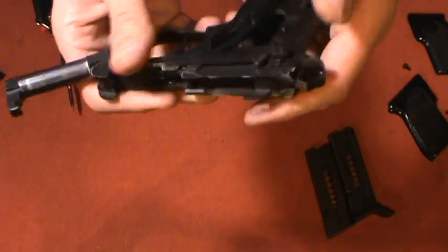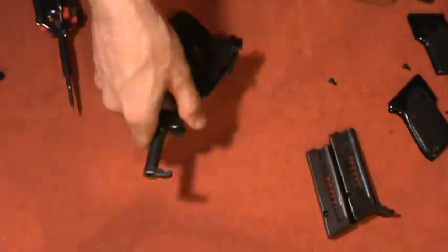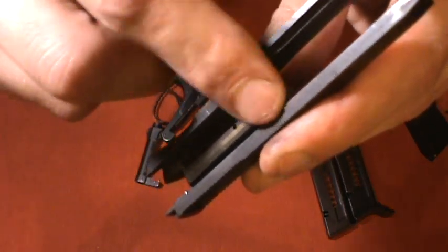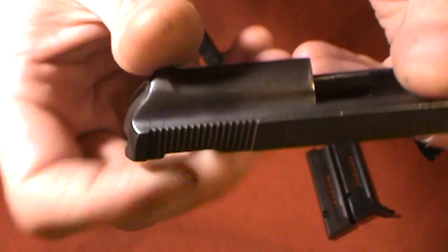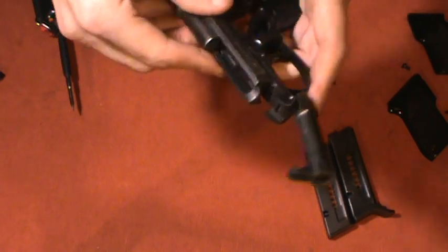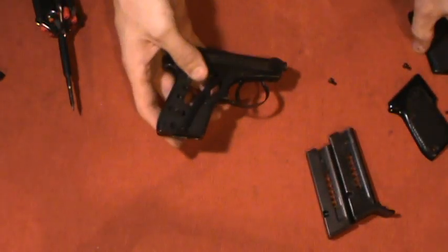It's easy to take apart. It's pretty easy to put back together too. I've had to do that a couple times myself. If you look on the bottom of the slide here, that's where those two little stirrups engage. And again, the slide is very small, very thin. I mean, this thing is light. Weighs like nothing. So overall, this gun, I think I paid $180 for this used,